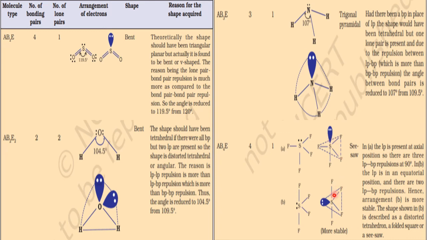See, among all possibilities, I said these two are the best. Among these two, again the best one is this one. This is slightly away, and here also repulsions are there, I agree, but at the microscopic level repulsions are few only. So this is taken as the best shape and the most stable shape.